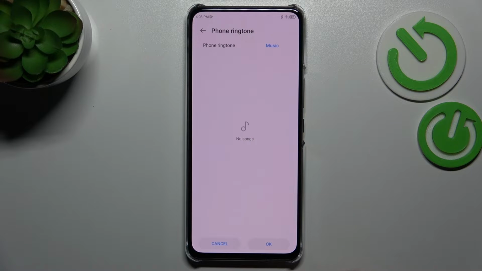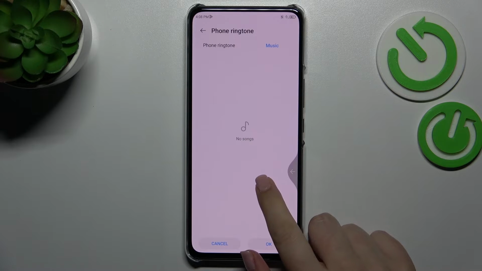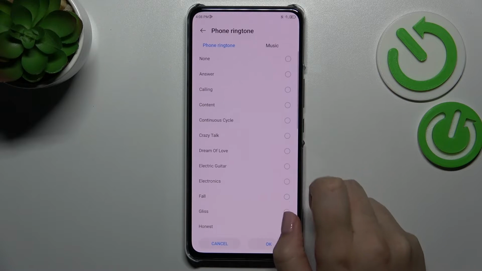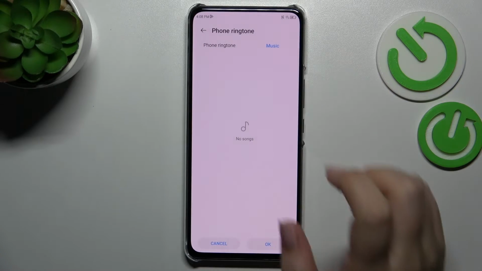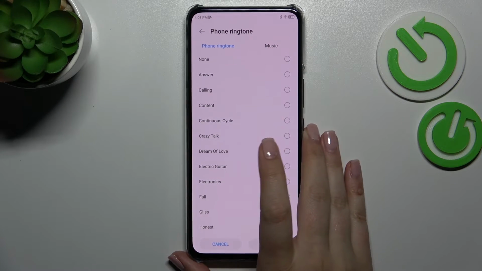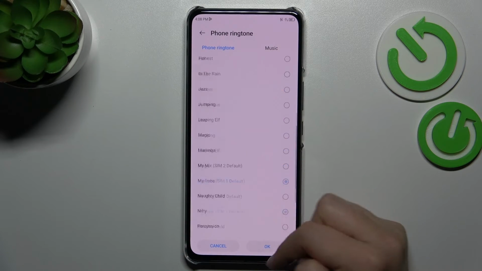the music. So basically if you will have any files which are compatible, for example downloaded, they will appear right there and you will be able to pick them and set them as a ringtone. But let me get back to the defaultly installed ones, and right here as you can see at the very